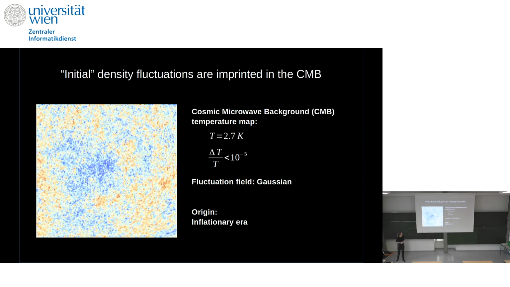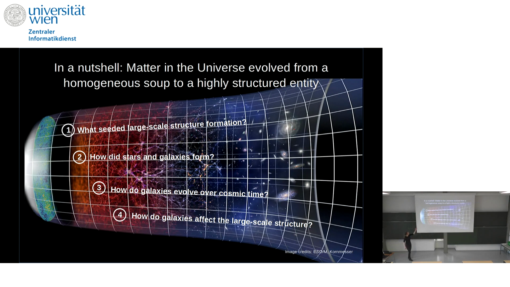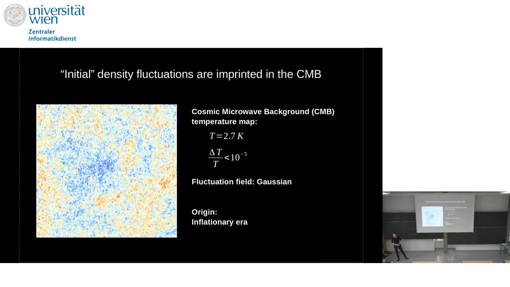So when we start, maybe I should go back here. If you look at this picture, you have basically the Big Bang, and then the last surface scattering, the cosmic microwave background, about which we are going to hear a lot more today, so I'm not going into detail. I will treat this as my initial conditions, and then you can see how the structure evolves throughout the universe. So we will start at the very beginning, at the cosmic microwave background.